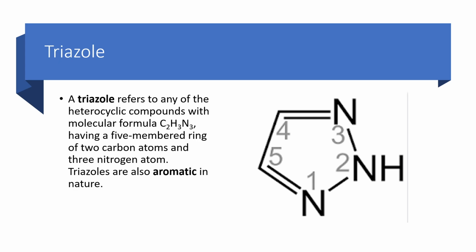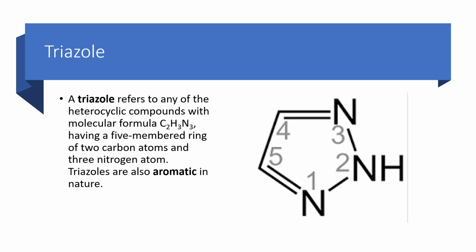So when we say triazoles, this refers to any heterocyclic compound with a molecular formula of C2H3N3 having a 5-membered ring of 2 carbon atoms and 3 nitrogen atoms. Triazoles are also aromatic in nature. So you can see the structure of triazole on the right side of the screen, and let us break down